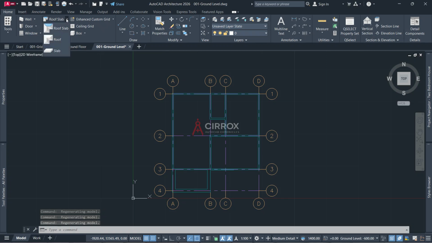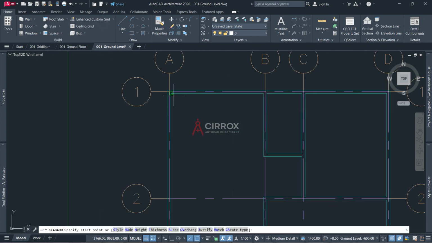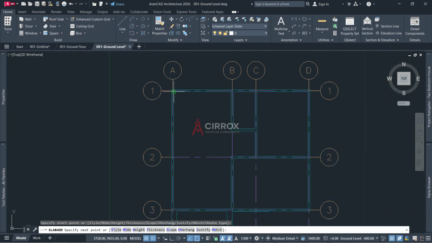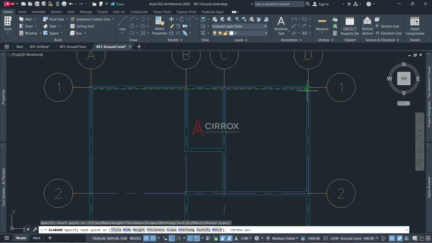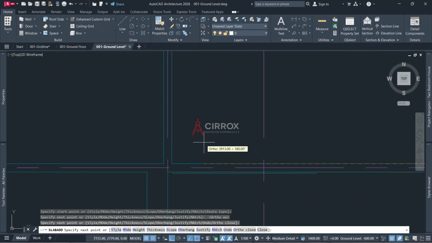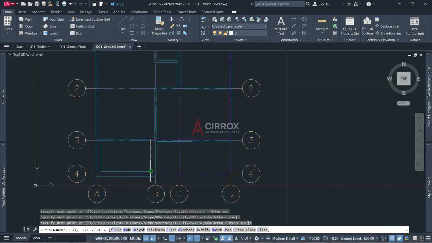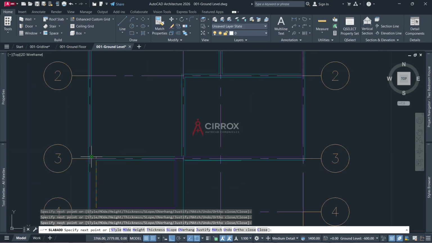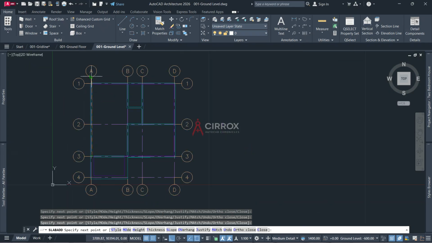So what if you go to slabs and you draw a slab in the slab here and here, here, in here, in here, and